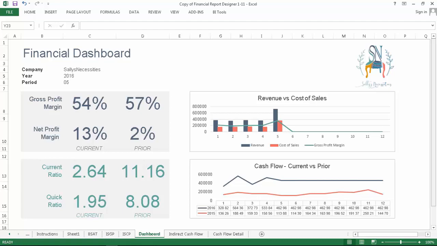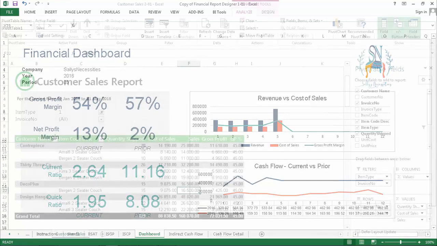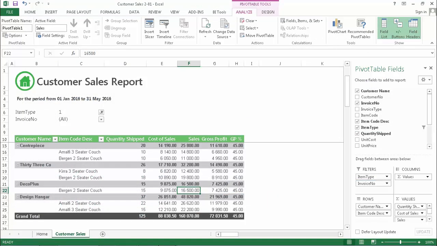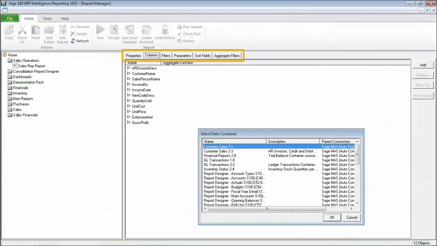I then moved on to another method of designing reports, which is through Excel pivot tables and charts. In the 4th lesson, I provided an introduction to this by looking at some of those usually provided out of the box in intelligence reporting and running one out to take a closer look. I then showed how you can add your own based on the standard containers that are available, and in transitioning to this last video, discussed some of the options at your disposal in the Report Manager to further tailor your